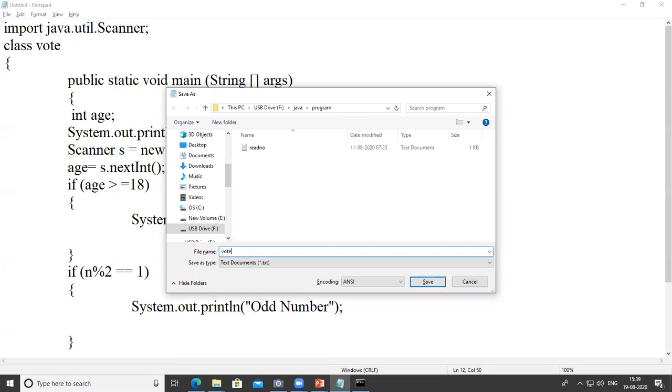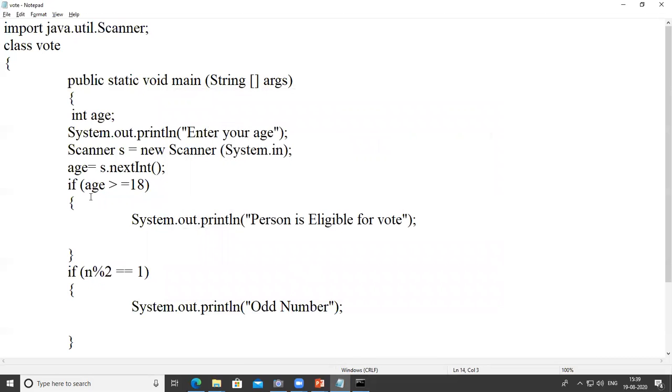Vote.java and save. Okay, and here I use, instead of this, only else. Not eligible for vote.